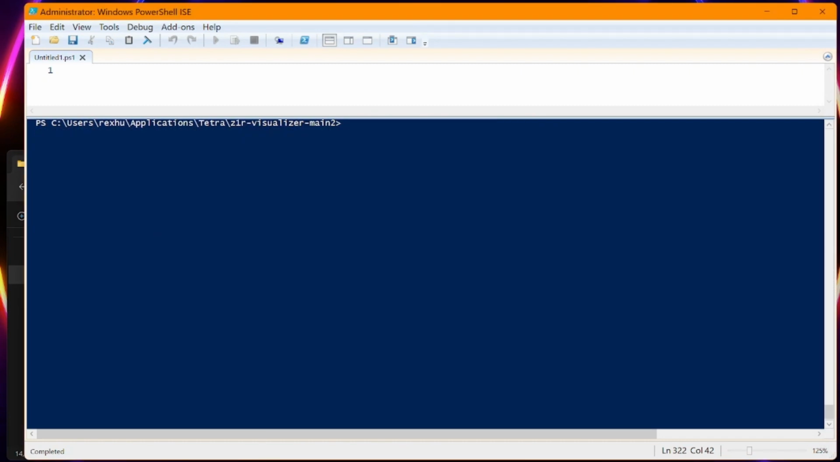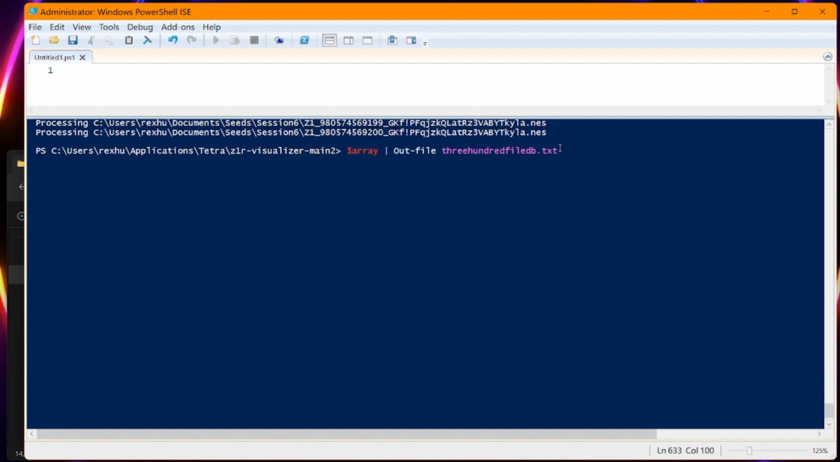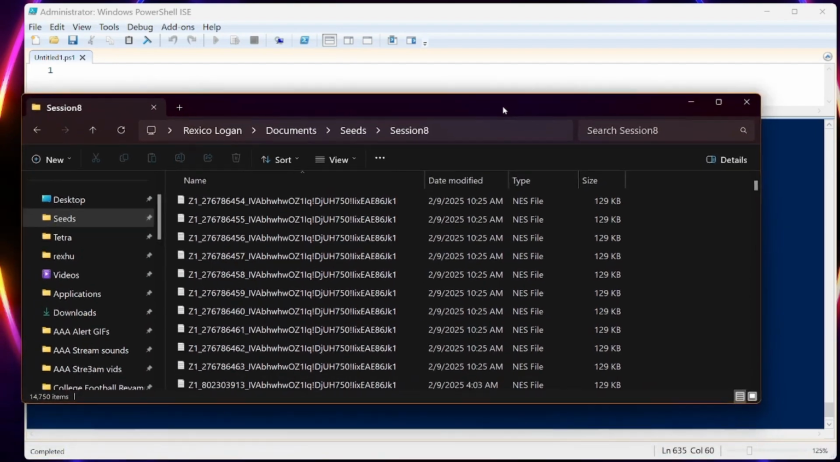And then the last thing that you can do is output it into a file. So we're going to get back up here. We're going to paste this here. I'm going to change the file here, and then you just put in whatever file you want. This will be the 300 file database. And you're going to output it as a text file, hit enter,